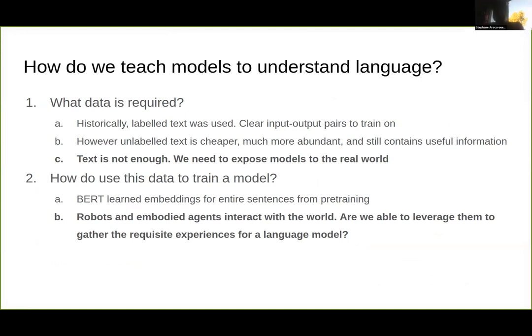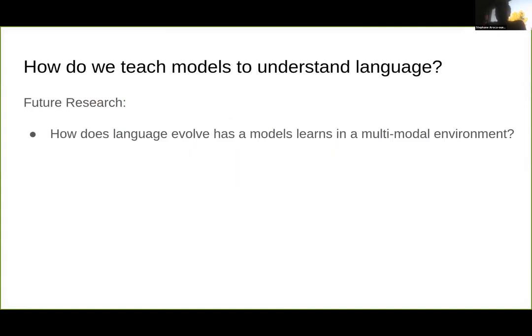Embodied agents is a bit of a broader term and can help with these easier scenarios. You can maybe teach some concepts in a grid world, like turning left or right or going to colors and shapes. But I think my end goal is to go to robots. Robots have a huge array of sensors and can gather data like we do and can interact in the actual world that we interact with. And so robots are going to be the ones that can develop concepts the most similar to us and give the richest understanding of language.